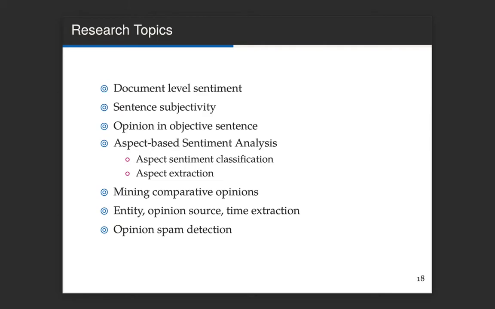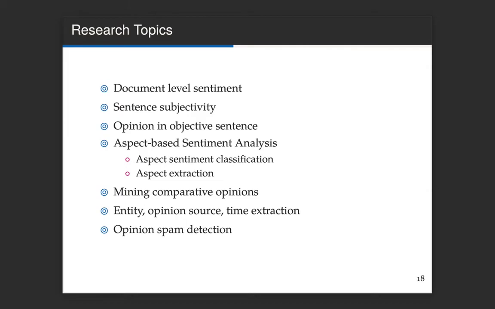Related to this topic is sentence subjectivity. You are given a sentence and you want to know whether the sentence is subjective or not. If the sentence is subjective and contains an opinion, you continue with the process, and you want to know whether that opinion is positive or negative.